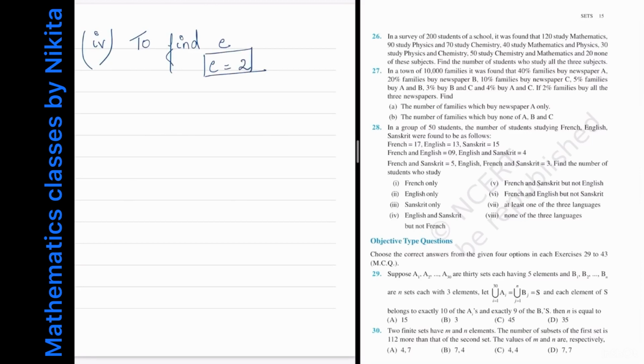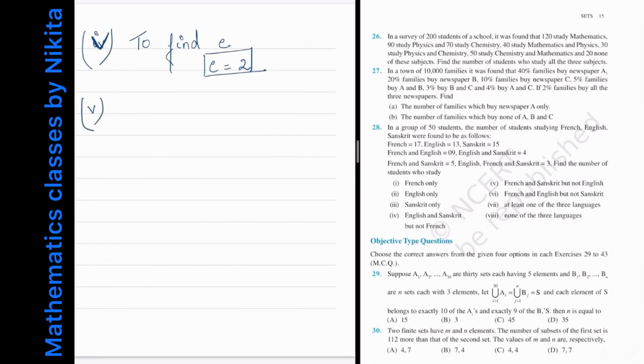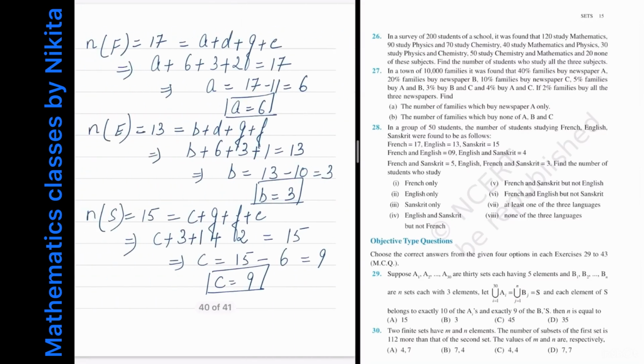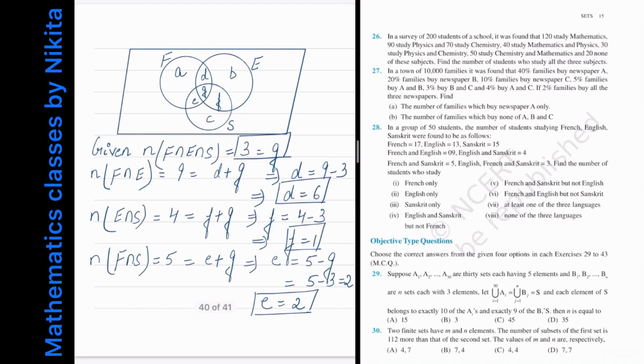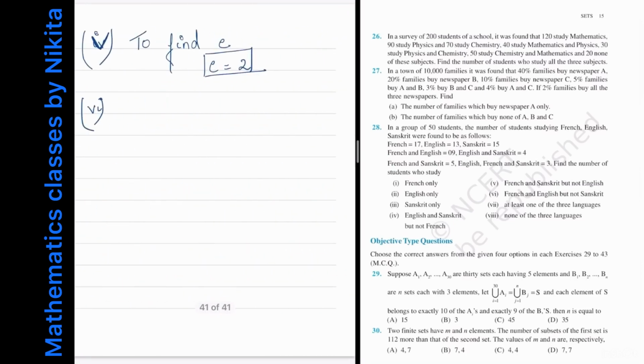Okay. Now the next part, the fifth part, you have to find, अभी हम फोर्थ कर रहे थे, फिफ्थ. ना, दिस वॉज फिफ्थ, एंड नाउ वी आर फाइंडिंग द सिक्स्थ पार्ट. तो फ्रेंच एंड इंग्लिश बट नॉट संस्कृत. फ्रेंच एंड इंग्लिश मीन्स यू हैव टू सी दिस इंटरसेक्शन बट नॉट संस्कृत. तो इसके अंदर से संस्कृत निकाल दो, तो क्या निकालना है हमें? डी. डी की वैल्यू 6 है. सो यू हैव टू फाइंड डी, and D is 6.